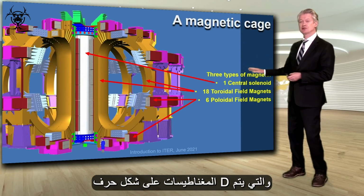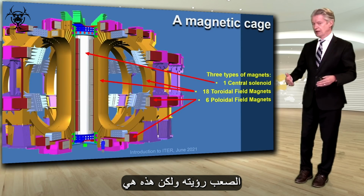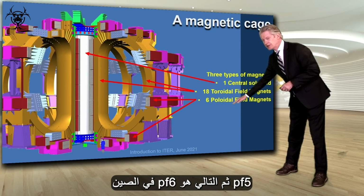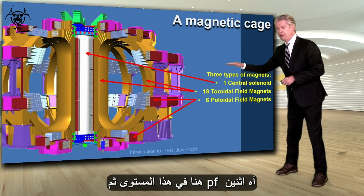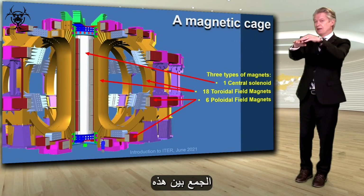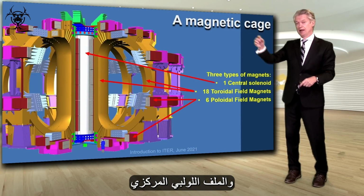The D-shaped magnets are being made about half in Japan, about half in Europe. And then you have round magnets. Since this is a cutaway, it's more difficult to see, but those are the dark red magnets, starting all the way at the bottom. One made in China, PF6, then the next one is PF5, PF4 and 3 here at this level, and then PF2, and at the very top, being made in St. Petersburg, PF1. So by the combination of these ring-shaped circular magnets, the D-shaped toroidal magnets, and the central solenoid, plus,